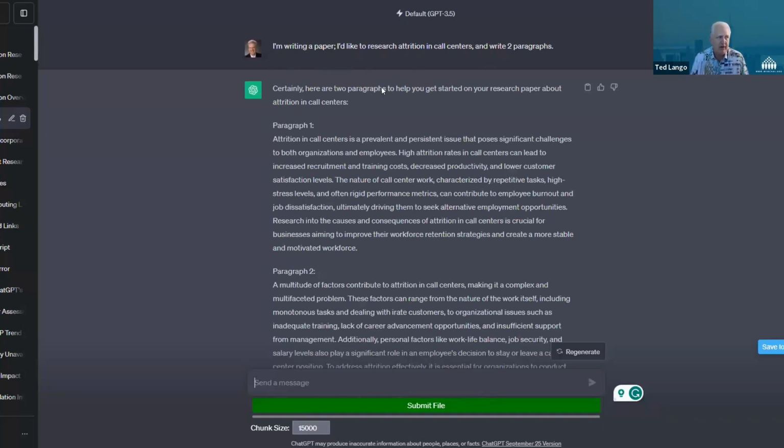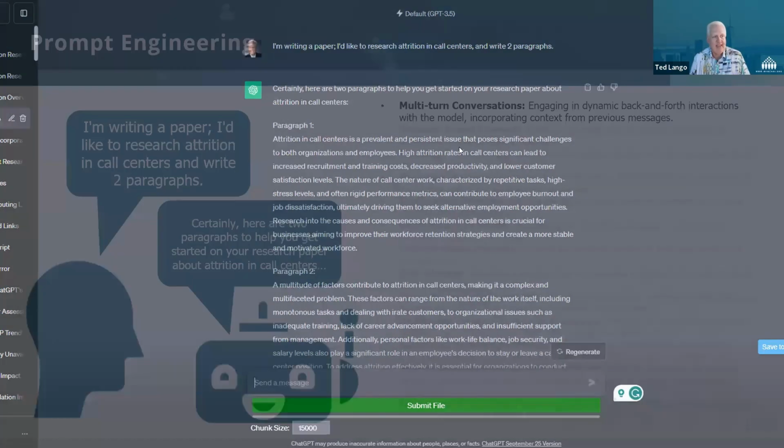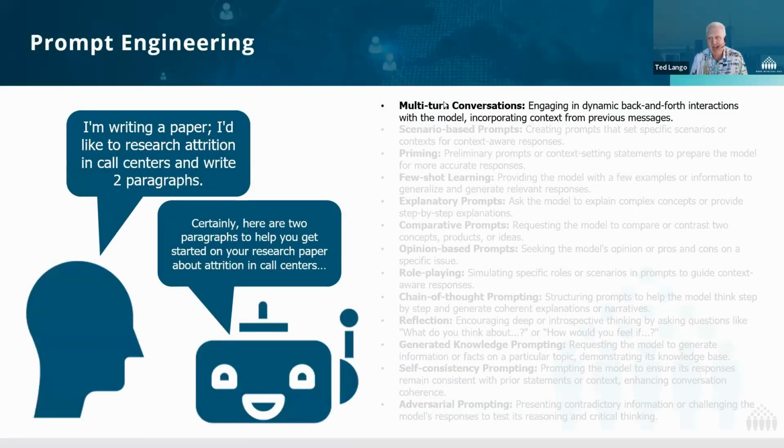I'm writing the paper. It just kicks back the paragraphs themselves. At the end of the day, this is kind of the common way that people start engaging the chatbots themselves. But really, you're not even beginning to take use of the power behind the bots. If you're just having a conversation back and forth, yeah, it might be interesting. You may get value out of it, but you're really not tapping into the full value of what you can